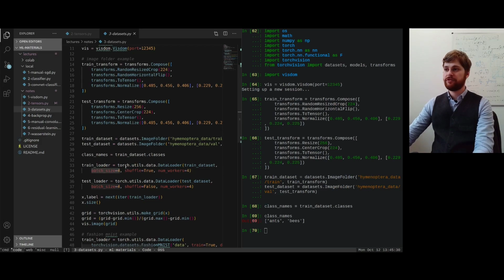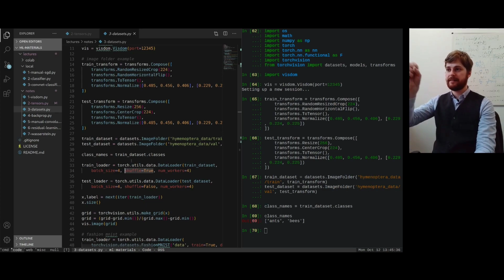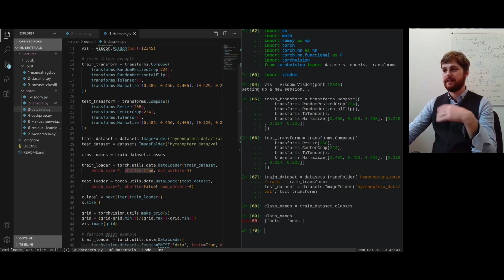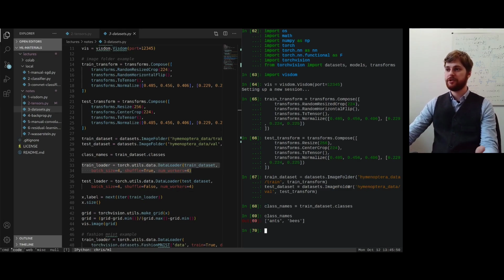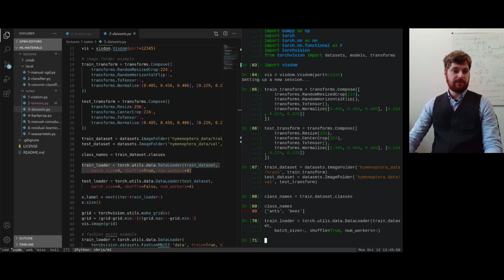In this case, I only want to train on 4 images at once, and whether we want to shuffle. When you're training, you always want to pick out different batches of data, but when you're testing, you just want to test everything in the same order, so you don't need to shuffle. And then the number of workers, or processing threads, depends on what computer you've got, whether it's a large server, or whether you've got lots of I/O to do, in which case you want more threads. Okay, so let's define the loader and test loader,